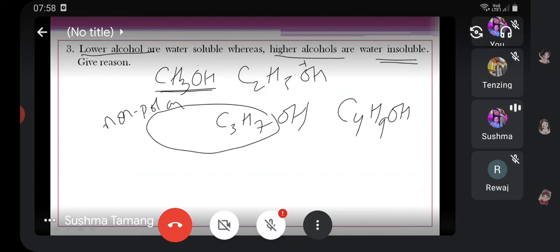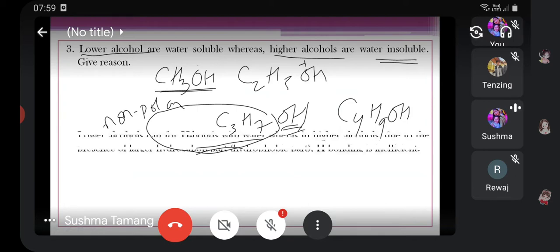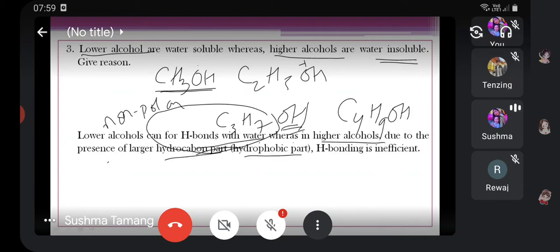So polar part तिम्रो सानो हुन्छ, non polar part तिम्रो ठुलो हुन्छ, and because of this reason solubility decrease हुँदै जान्छ. So lower alcohol can form hydrogen bond with water, whereas in higher alcohol, due to the presence of your larger hydrocarbon hydrophobic part, hydrogen bonding is insufficient and inefficient, and because of this reason,